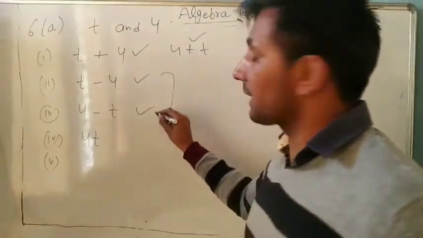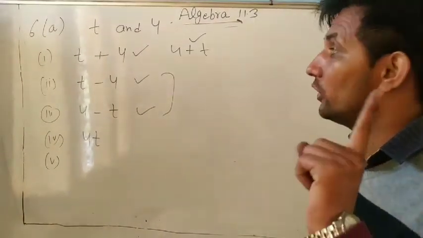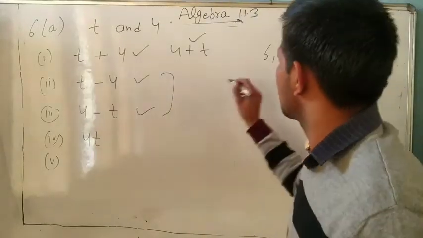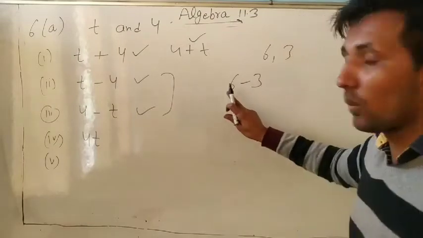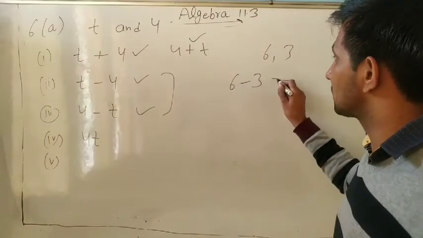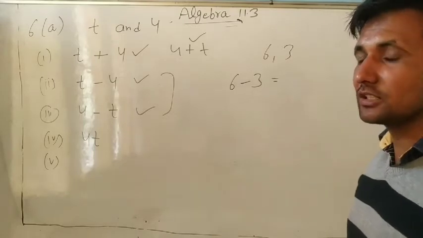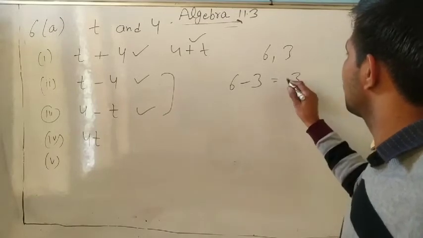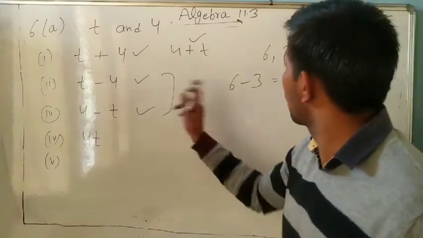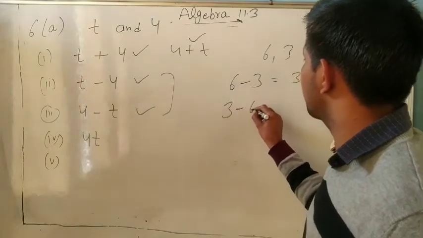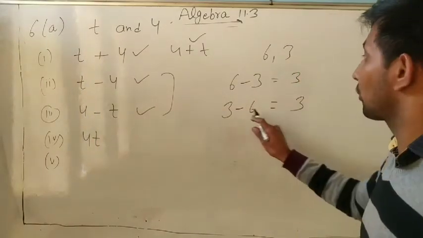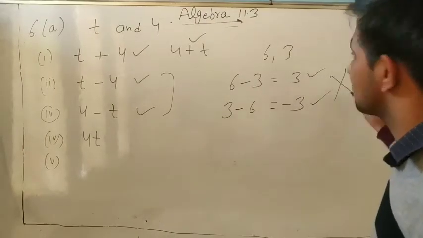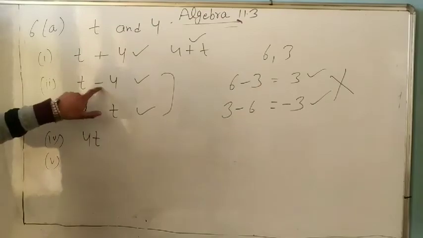But subtraction is not commutative. I told you only addition. Like this one. Suppose 6 and 3. So tell me first 6 minus 3. One positive, one negative, always subtract. 6 minus 3, and which one is greater? 6. So positive. But now opposite. 3 minus 6. Different sign, always subtract, put the sign of the greater. So are they equal? 3 and minus 3 are equal? No. That's why we write both separately.